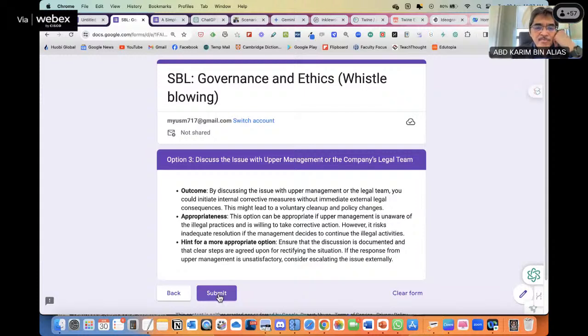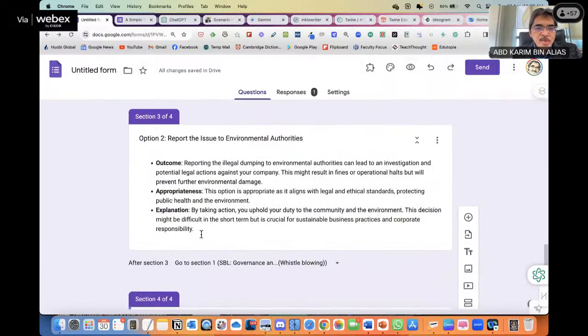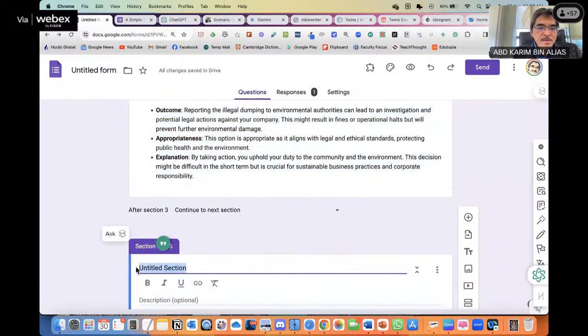Okay, again the same thing. When they click submit, actually, when they are at option number 3, we should take them to the debriefing. So when they click submit, it will take them to the first screen, or we will get this one. So what we want now, after they go to option 3, is for them to go to another screen, which is debriefing. So we want to add another section, and this is called debriefing.